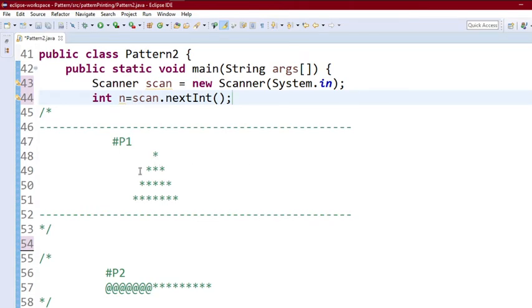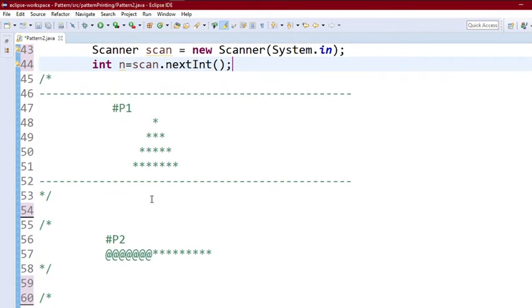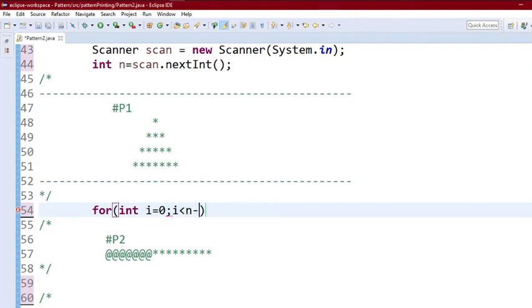Now we have to print part one, that is this one. I have already copied and pasted it here for better understanding. For n equal to 5, we have to print 4 rows, and for n equal to 3 we have to print 2 rows. So we can conclude that we are printing n minus 2 rows. So we will start from 0 and go up to n minus 2, so i should be less than n minus 1 and i plus plus.